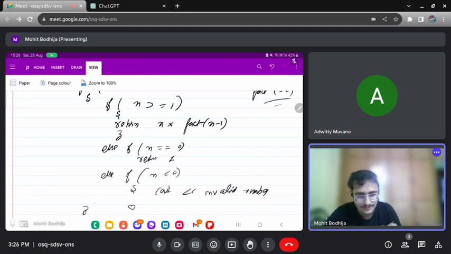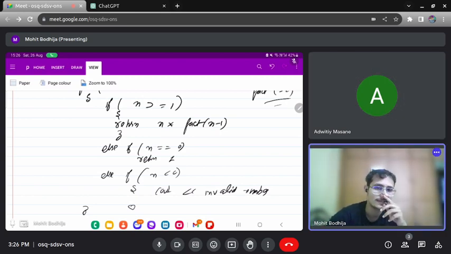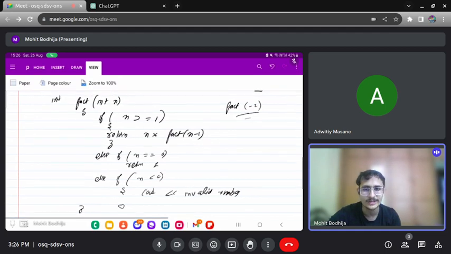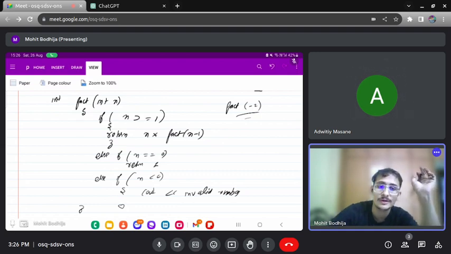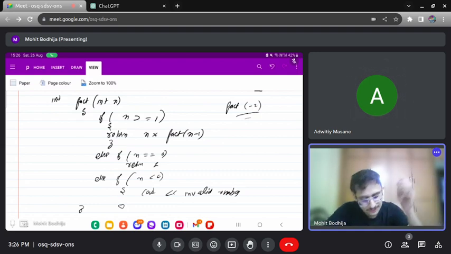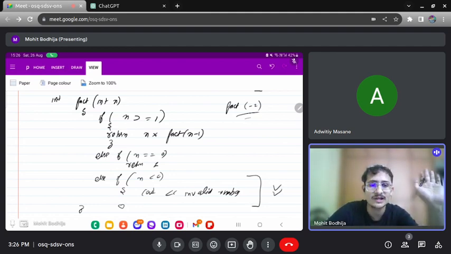Okay, so you try to think for the negative values also. See, if you are going to write this code in your compiler, there are high possibilities that this code will fail. Why? Because you should handle all the edge cases. So this was the edge case in our code, that you should handle the negative values also.